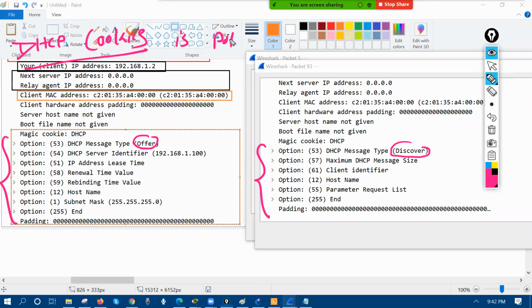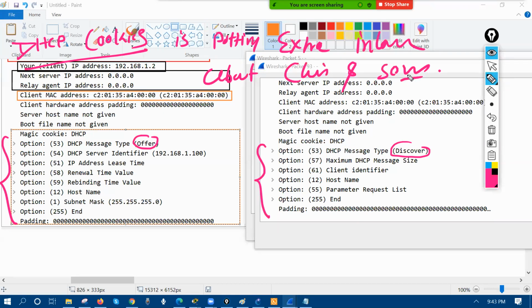putting extra information about the client and server. Client will have its own information, server will have its own information. In the client case, what happened? They are going to put their own client identifier. We can say the MAC address, right? And in the server case, what happened? They are going to put the server identifier. This is my server IP address,